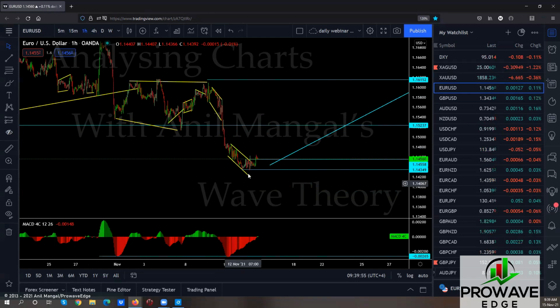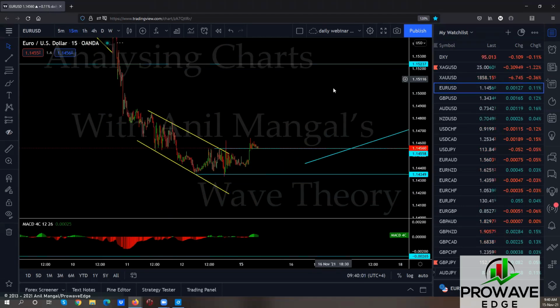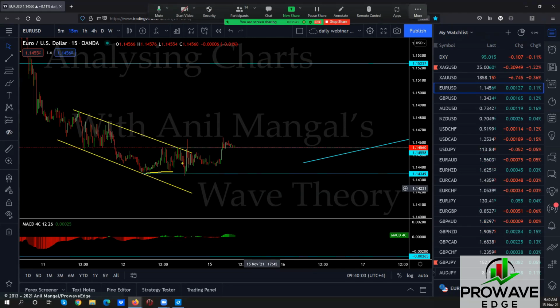Okay, so we saw this, we wanted to break the low. You see this line is actually for breaking the low and then looking for the buy setup, because we had no intention of selling this. We saw this and we saw it from here. And because it was similar to this one, we said we're not selling that so much because it's going to go back up. This could have been a buy.